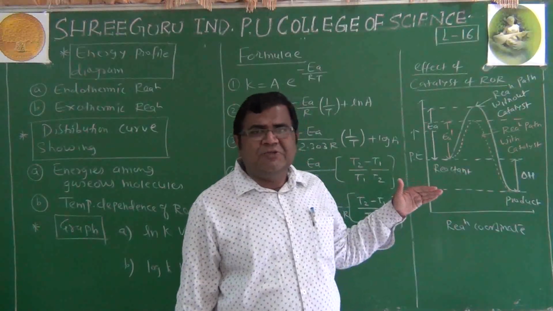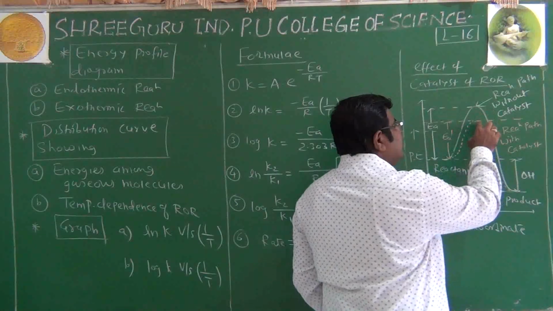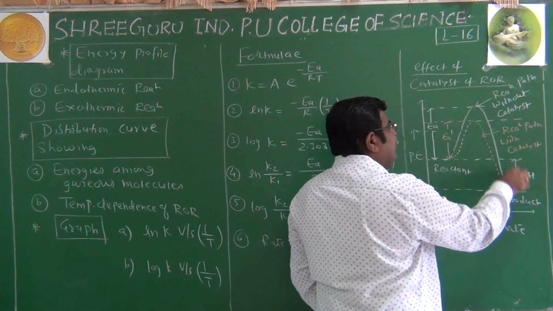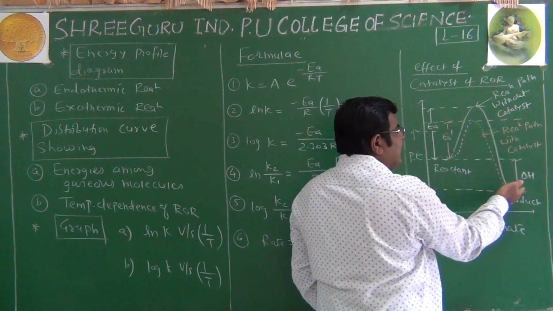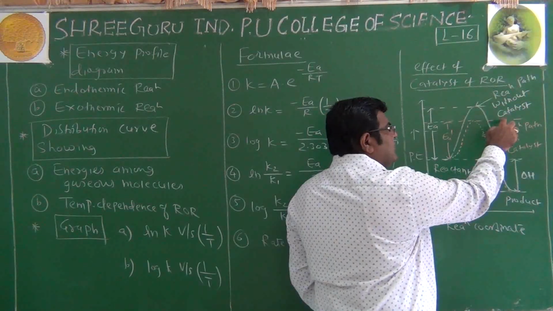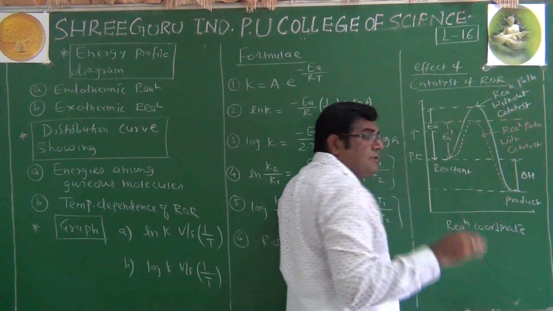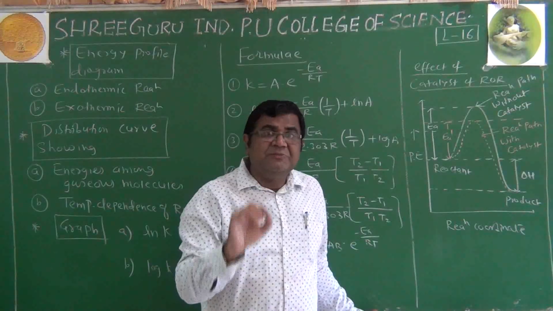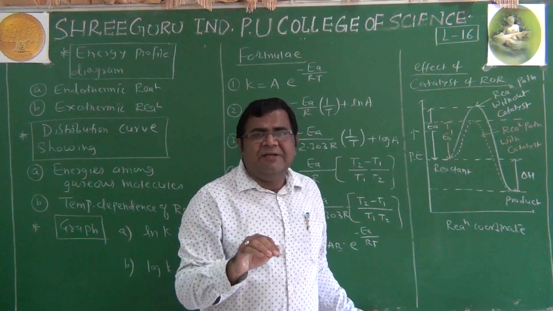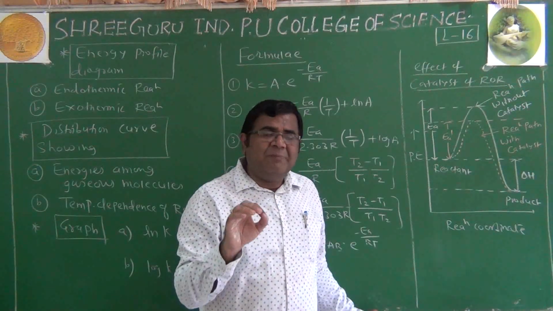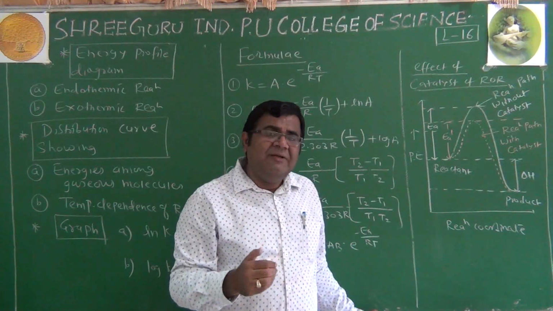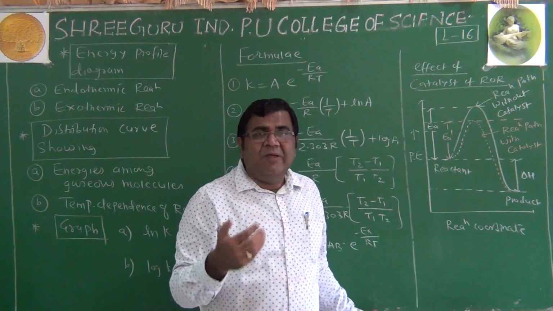This feature of the catalyst we should know. Because this has been decreased, this part is also decreased and this part is also decreased. Initially the activation energy of the backward reaction is from this point to this point, but now it has been reduced from this dotted line to this product. So it reduces the activation energy between reactant and product. What will happen if activation energy is lowered? The rate of reaction increases. Why? Because many molecules are now activated.